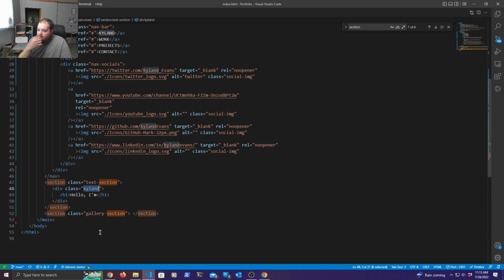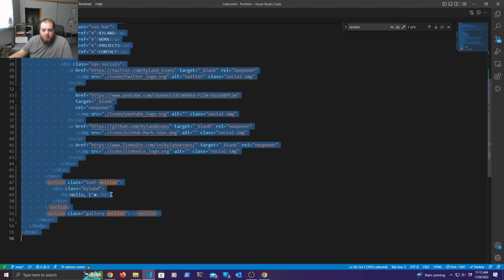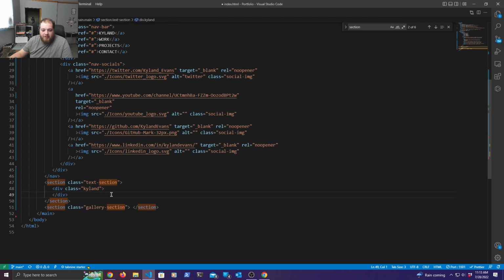I want to be able to reuse each class for each section. So let's remove all that. Let's remove this, and let's actually make this a,